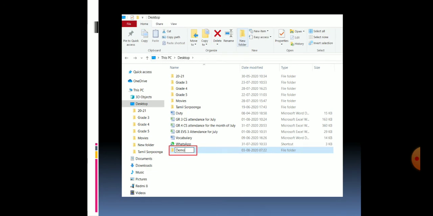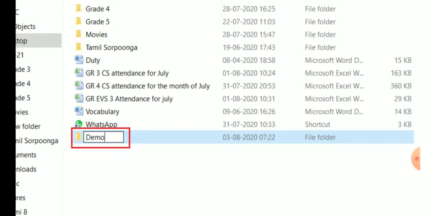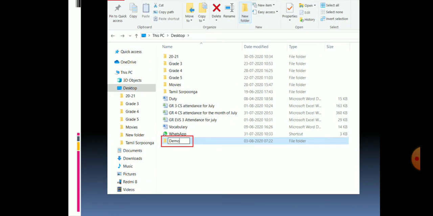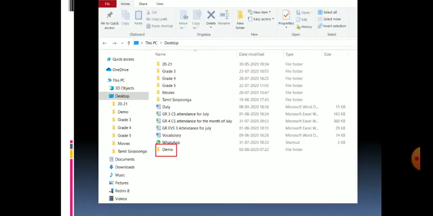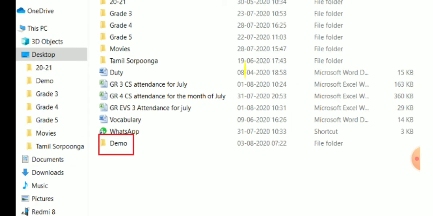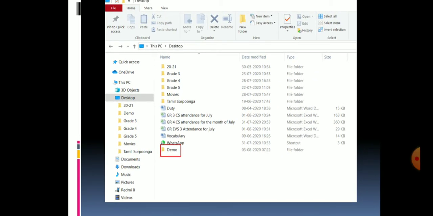After typing this name, definitely we need to press the enter key. Only after pressing the enter key is the name completed. After typing the name of the folder, press the enter key and the folder is created with the name demo. So I have created a new folder on the desktop.